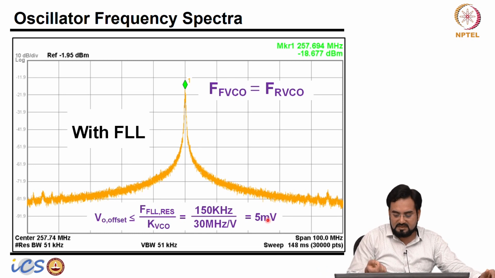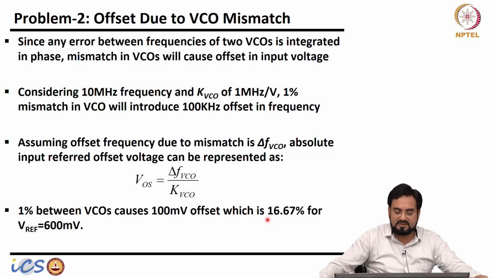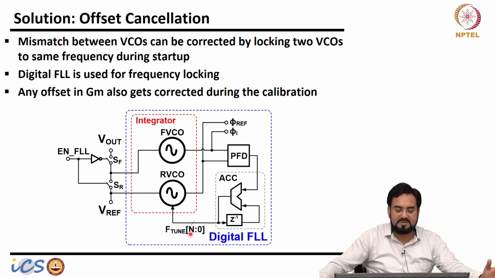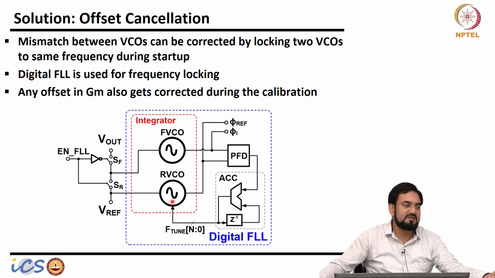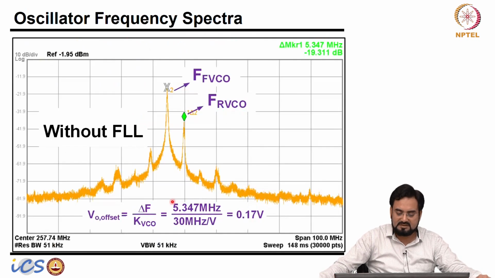How much maximum accuracy you can achieve will depend on the resolution of your FLL. The more bits I have in this accumulator, the finer the resolution I can tune with and I can reduce this further. If my requirement is less than 1 millivolt, then you simply increase the number of bits here in the accumulator and you can get